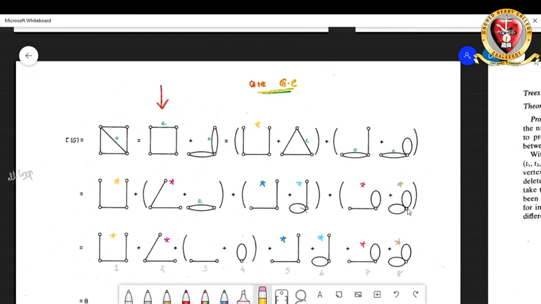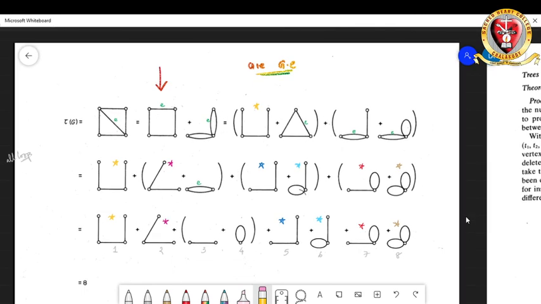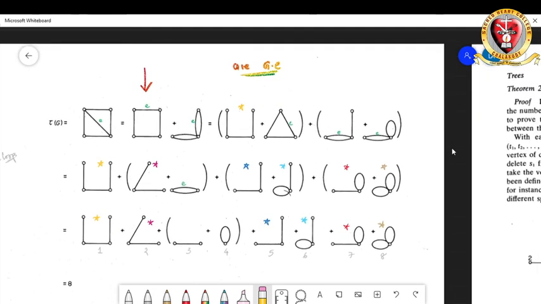So you are not pushing it further. And using the same idea, you cannot do anything for these graphs again by splitting them into G minus E and G dot E. So how many graphs did you obtain? 1, 2, 3, 4, 5, 6, 7, 8. So that will be the number of spanning trees of the graph G. But these are not the spanning trees, we just used them to find the number of spanning trees. Each graph represents a count. They are not the spanning trees, they give the number of spanning trees of the graph G.